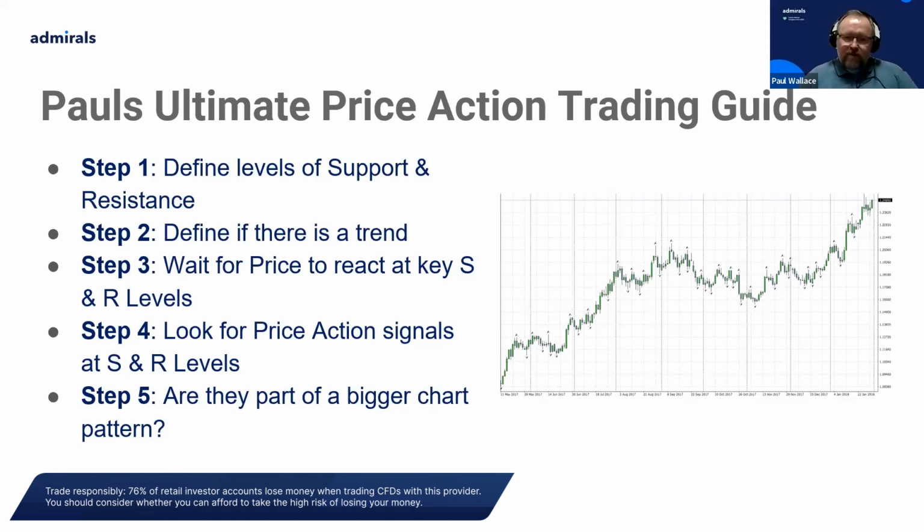Step two is to define: is there a trend in place? Remember, I say this every week: the trend is your friend, but good trends are rare. If we do find a significant trend in place, step three is to see how price reacts at those key support and resistance levels. They might be significant horizontal levels like the ones you've drawn in. It might be big round numbers, right? So we've seen even in the last day or so,